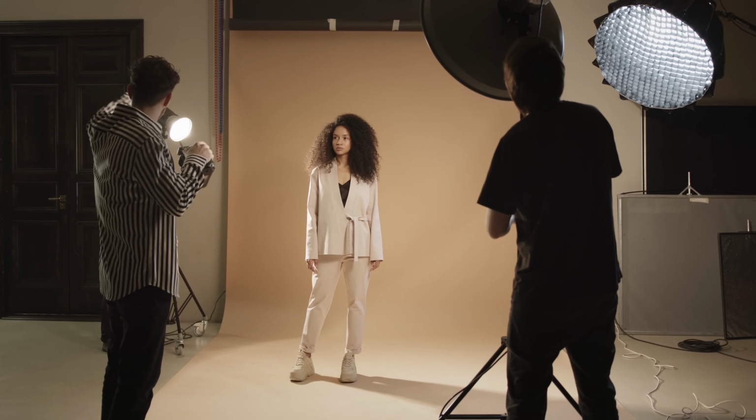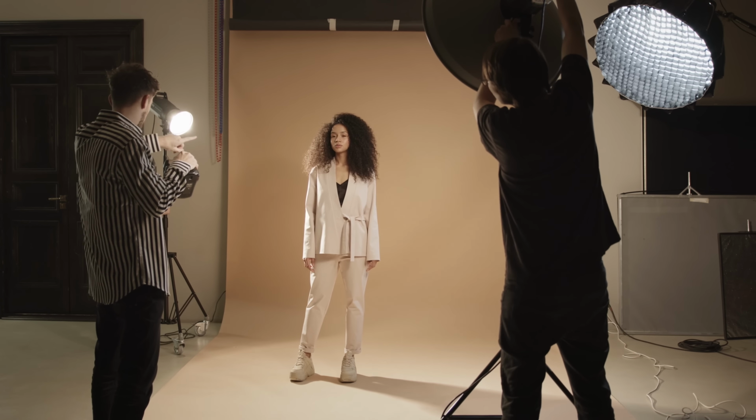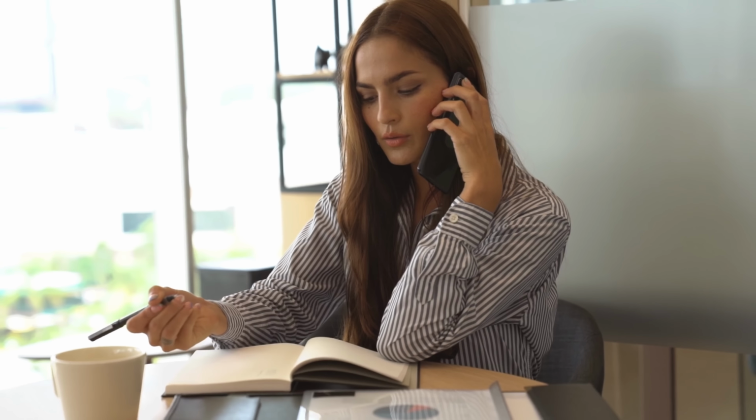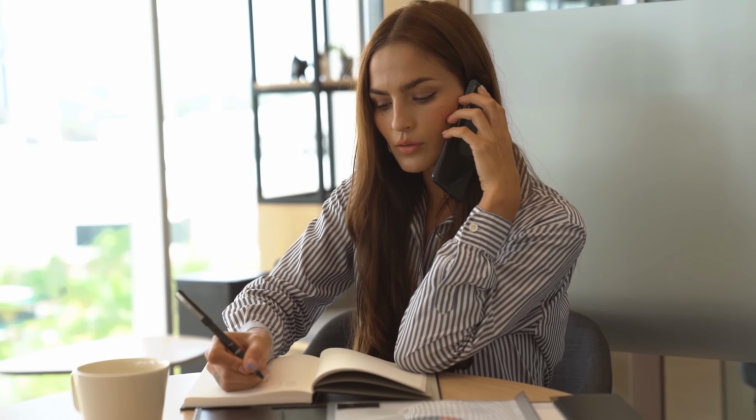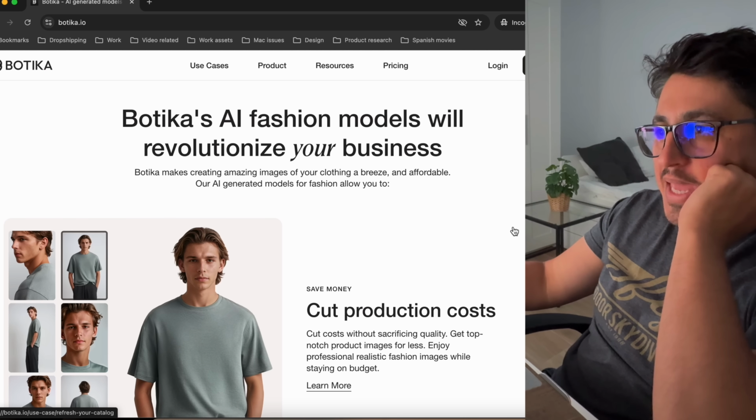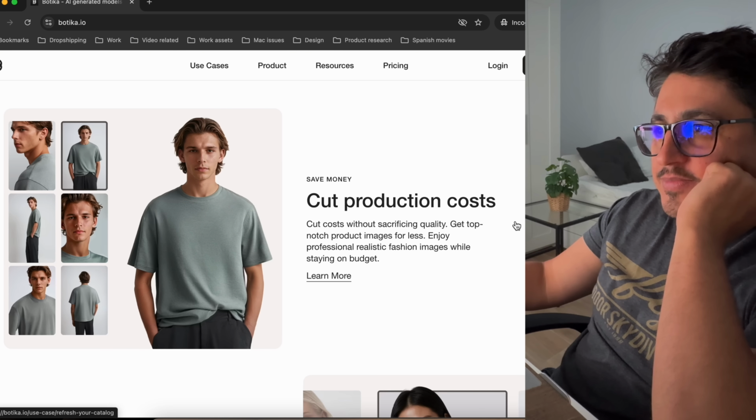If you sell fashion, you know how much energy goes into organizing those photo shoots for your product pictures. You have to organize the products, you have to find models, you have to find a photographer. That takes a lot of time and a lot of money. And when I heard about an AI tool that promises to replace all of that, I had to try it